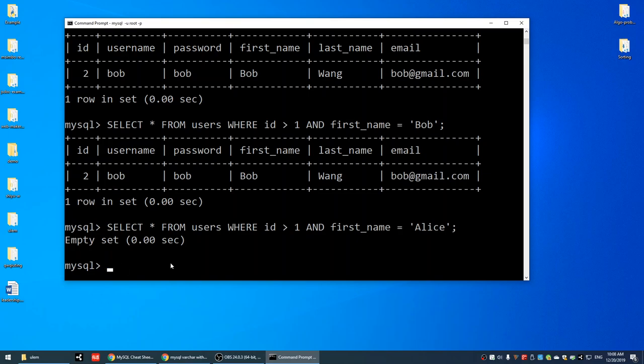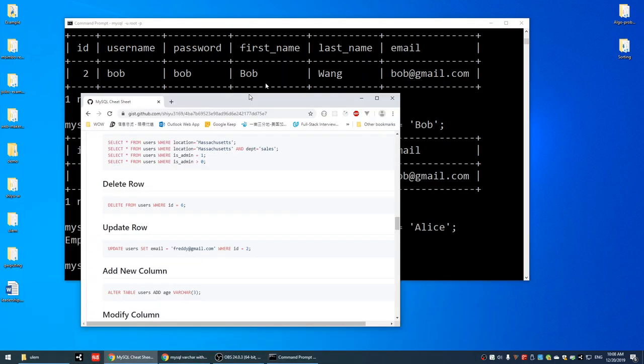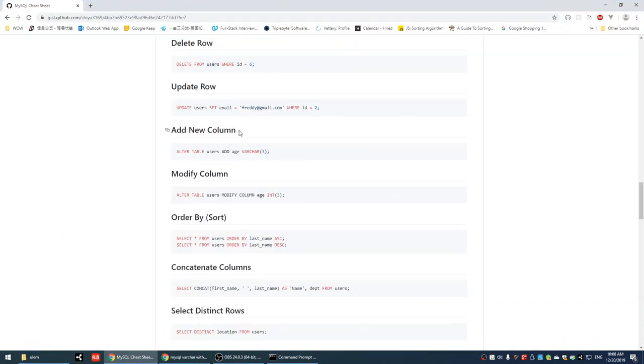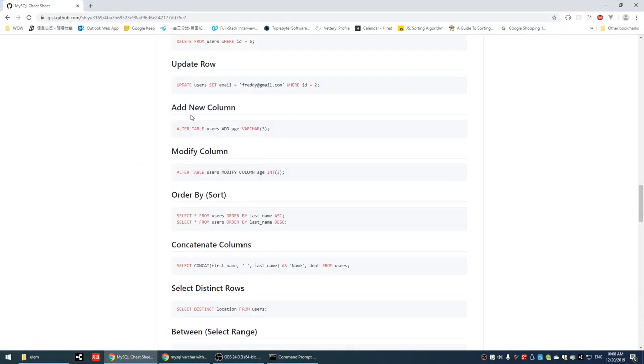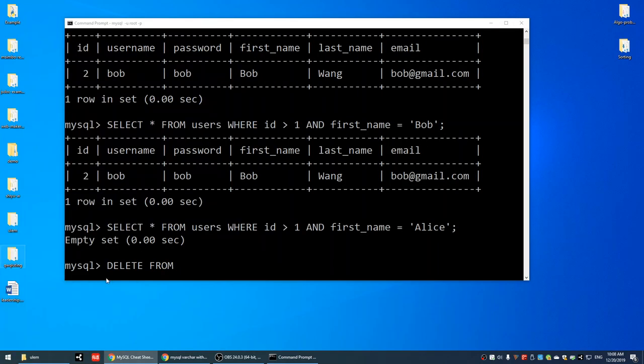So let's firstly talk about delete, because delete is easier to write. So we're going to do delete from. All those informations, all those commands, you can search online, or I can share with you that I have a cheat sheet talking about how to modify data. I'll share this with you, right? So delete from the table name users,